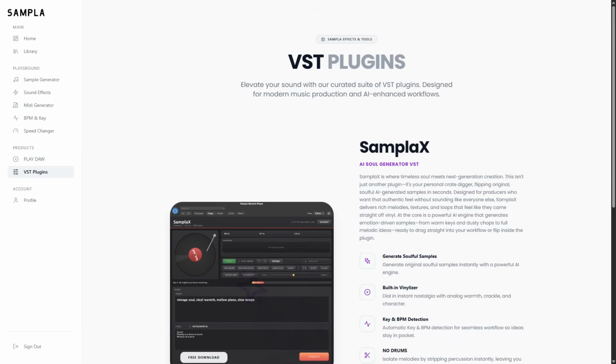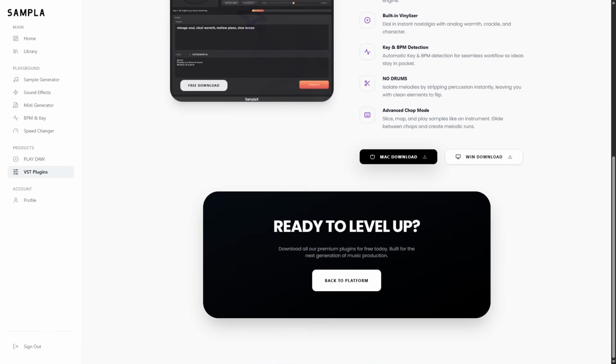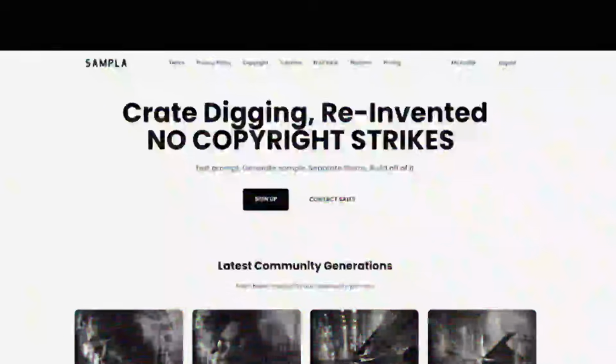Today we are checking out Sampla X, which is an AI soul generator. It's a VST plugin that is available for both Windows and Mac, and it is made by the people that